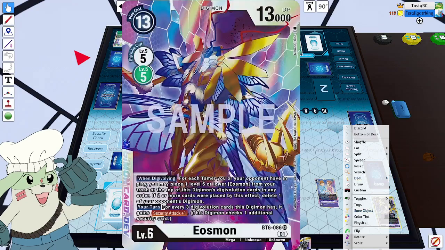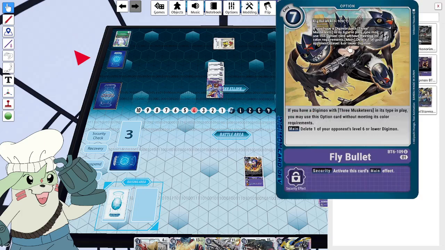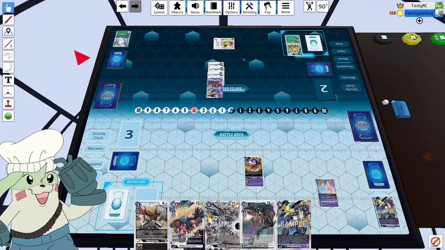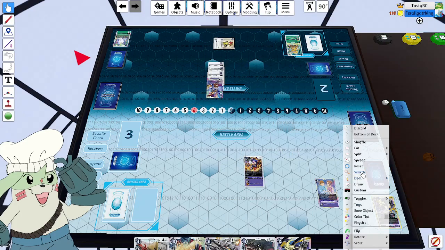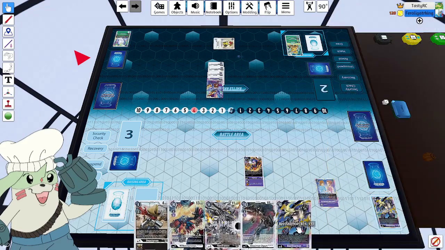So now we have Fly Bullet in there, and this is a level 6, so Fly Bullet will delete it, because what Fly Bullet does is delete a level 6 or lower Digimon. So I believe BL-Star, man, that was a great top deck. With the BL-Star and Trash too, that reduces its cost even further because it's a 3 Musketeers. So this is literally only a 6 cost, so playing this right now would put him at 2, and then,